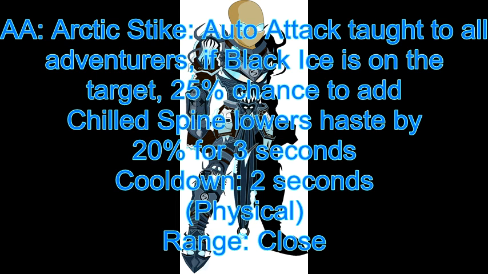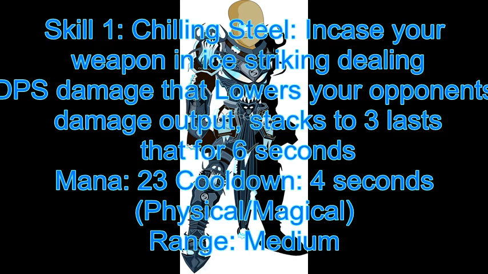Alright, let's talk about the first skill, Chilling Steel. Encase your weapon in ice, striking, dealing DPS, meaning damage per second damage, that lowers your opponent's damage output by 15%. It stacks to 3 and it lasts for 6 seconds. Mana 23, cooldown 4 seconds. It's a physical and magical attack with medium range. Again, it's like Lycan's Predation and Dragon Lord's Curse Blood and Cleave. It has that exact